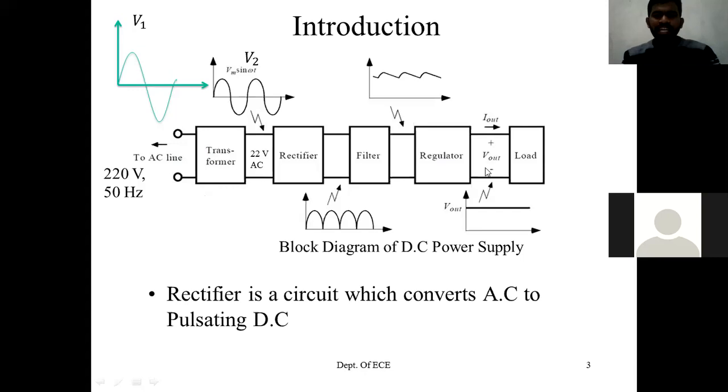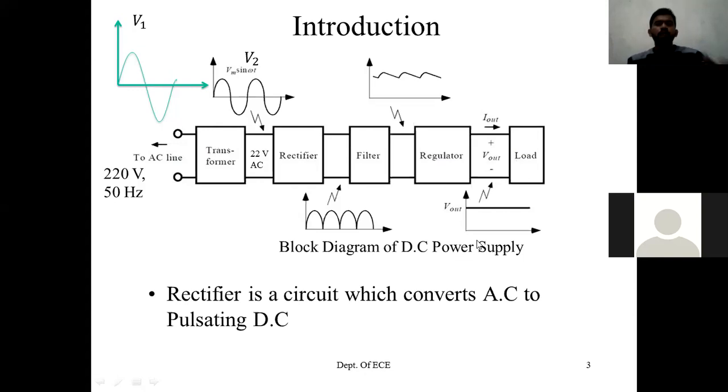If you take the practical example, your mobile phone adapter will have all these four blocks inside it. Your adapter output is this V out. This V out is your mobile phone adapter's output. So that adapter you will connect to your mobile phone, right? So your mobile phone is the load here. Your adapter output is plus 5 volts DC, constant plus 5 volts DC, that you will connect to your mobile phone.